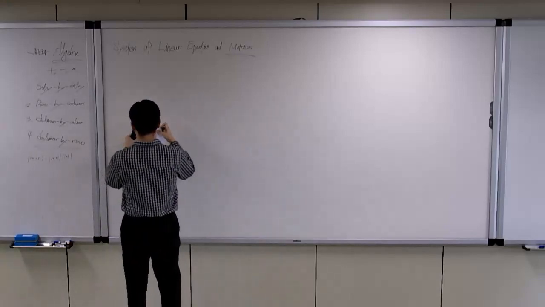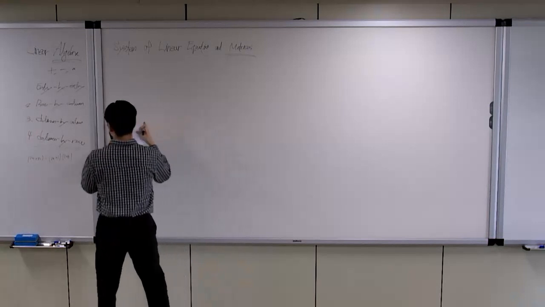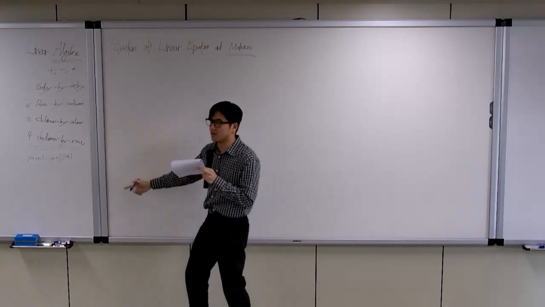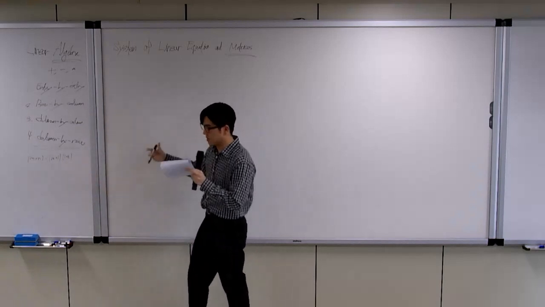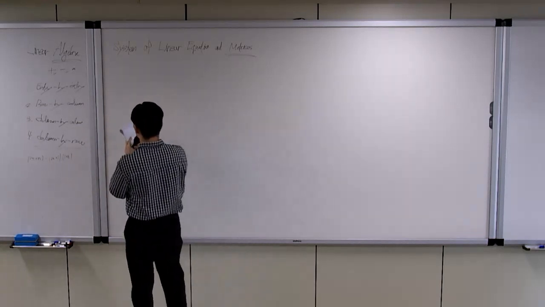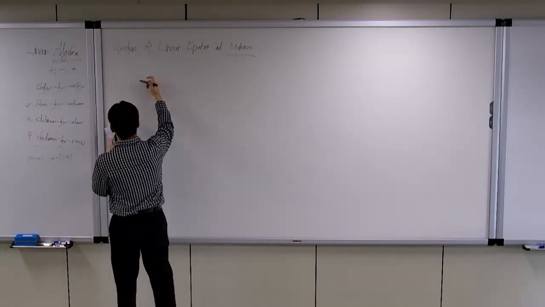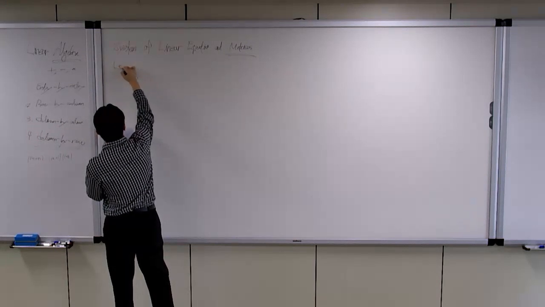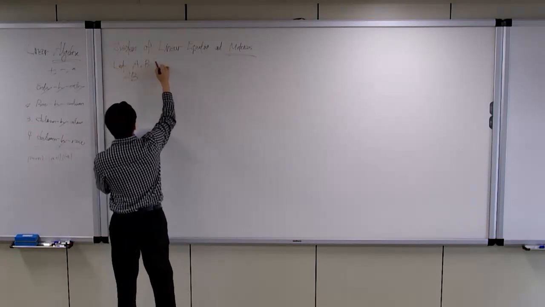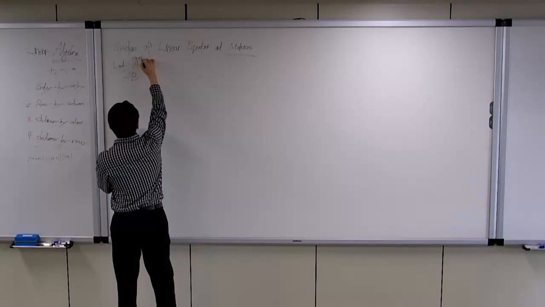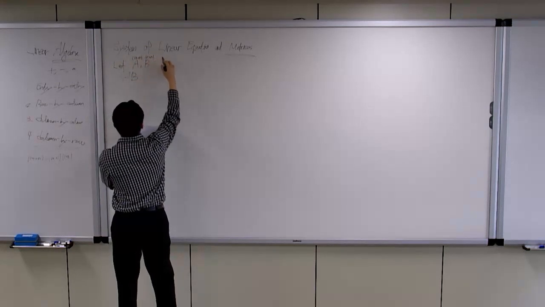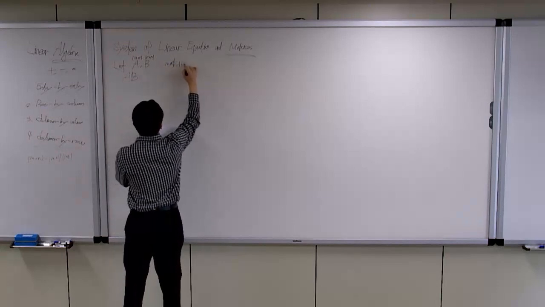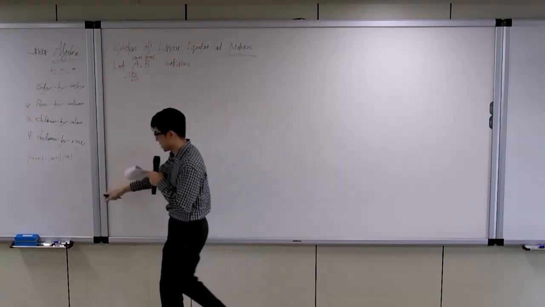Actually, this method is called the column-row expansion of AB. If I do matrix multiplication, then matrix multiplication AB